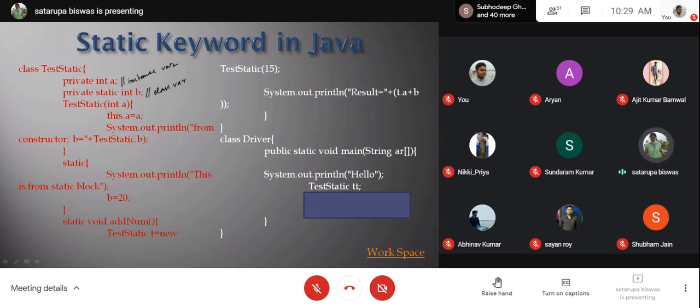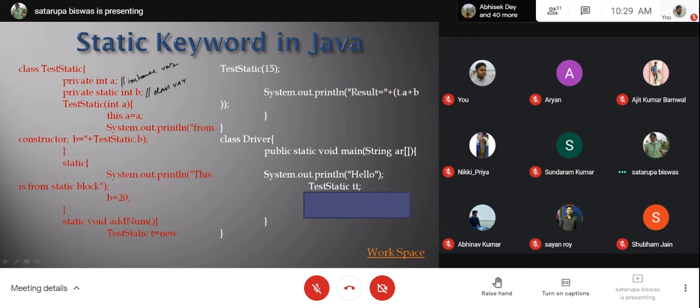You are not setting b inside the constructor, and you cannot, because a constructor is a non-static method and cannot be static, as we already discussed when the constructor was discussed. So static variables cannot be initialized inside the constructor. These are basically just the rules.